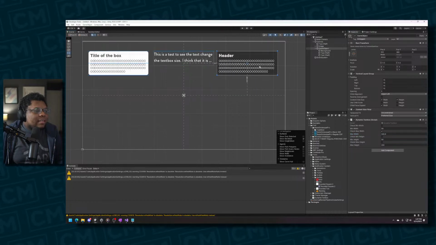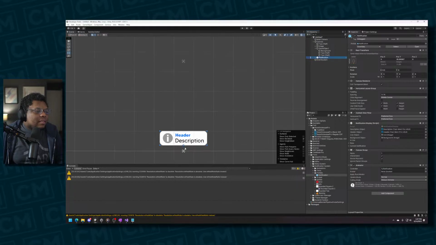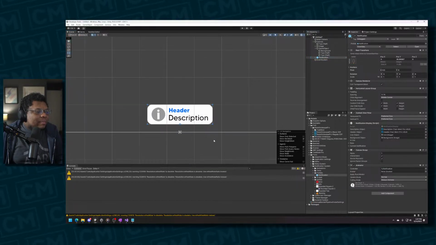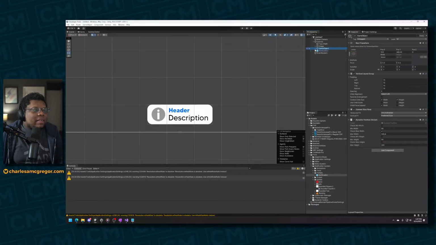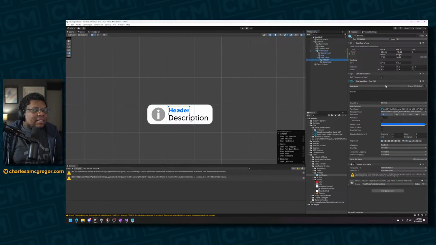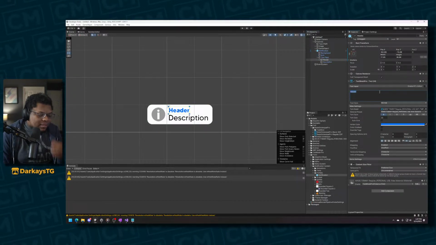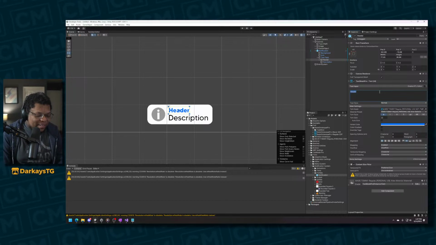All right, so we got this. So now I want to go and look at, actually just look at this prefab. Paste that. Okay, yeah, remember this thing. So yeah, right now, if a header or a notification is very long, let's go and try to make a really long one. I guess info, and then